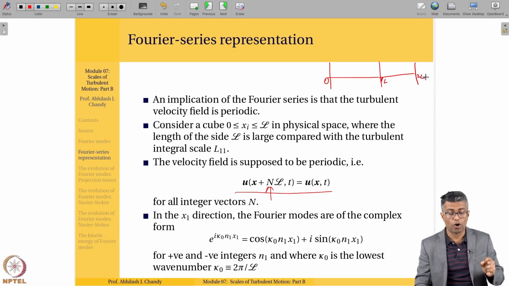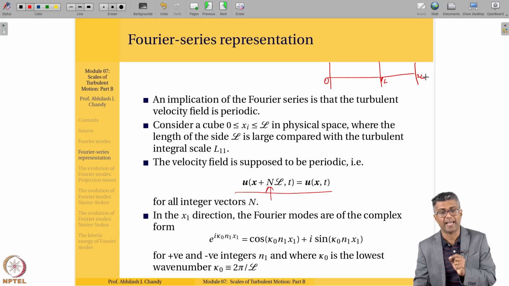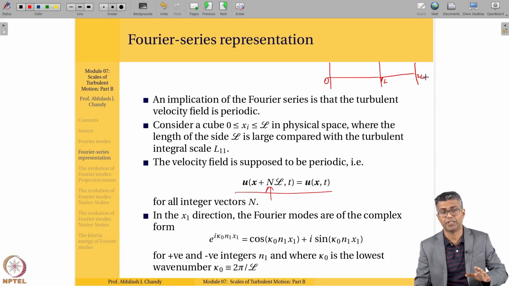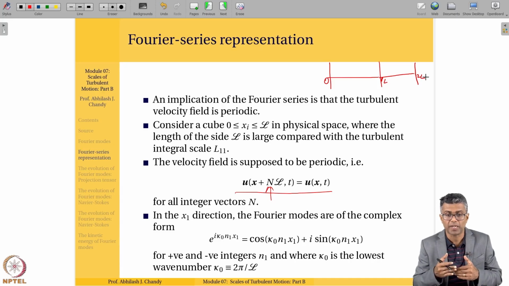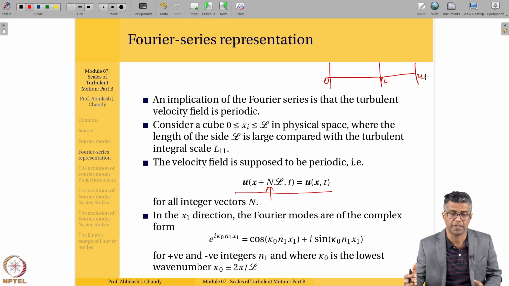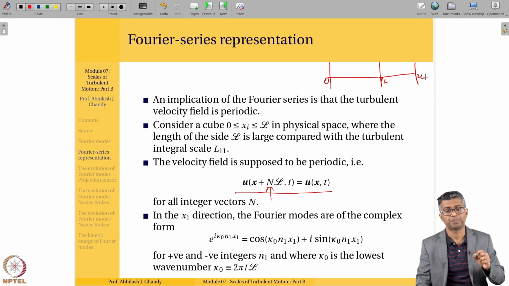So u of x plus nl, n being any integer, comma t, is the same as u of x, t. So it keeps repeating itself. That's what I mean by periodic. It keeps repeating itself. Now in the x1 direction, let's say we are only writing it for the x1 direction,